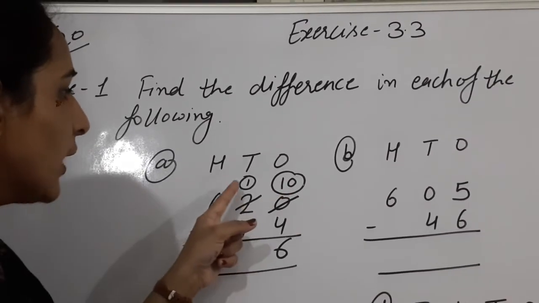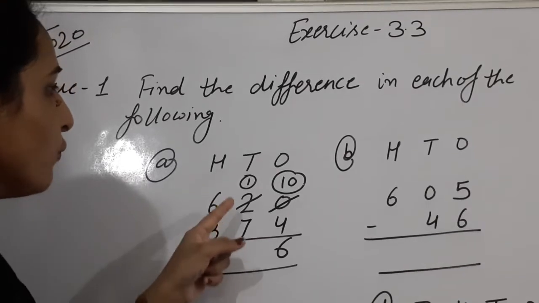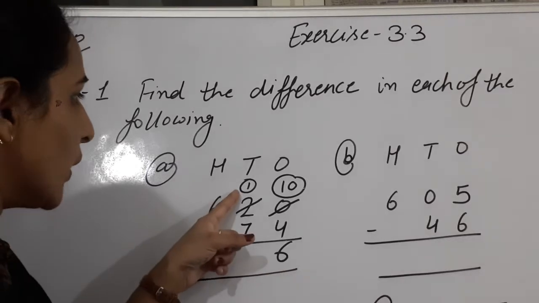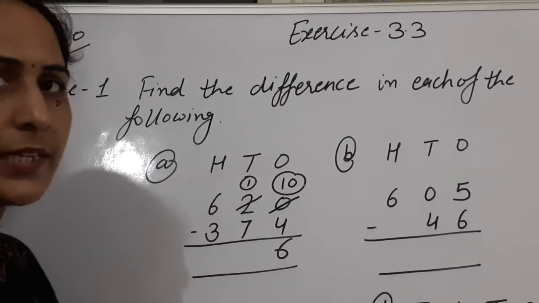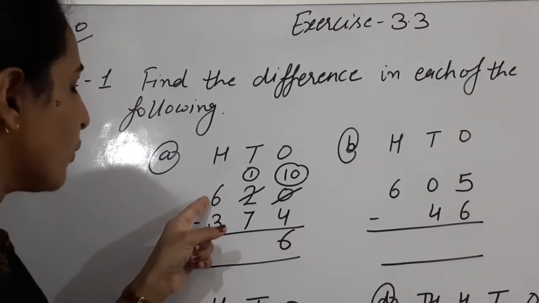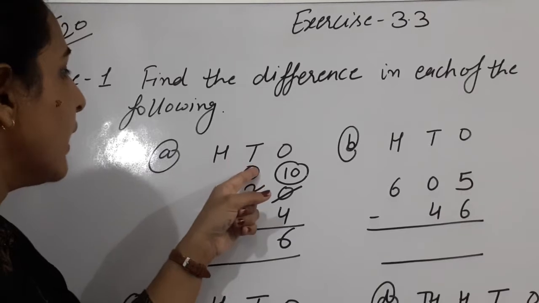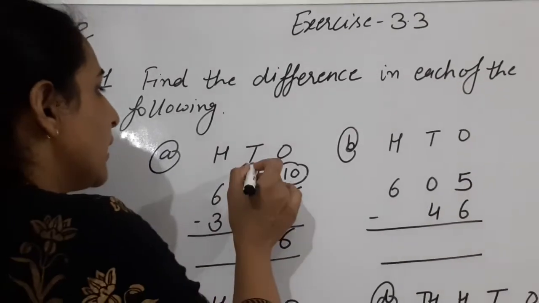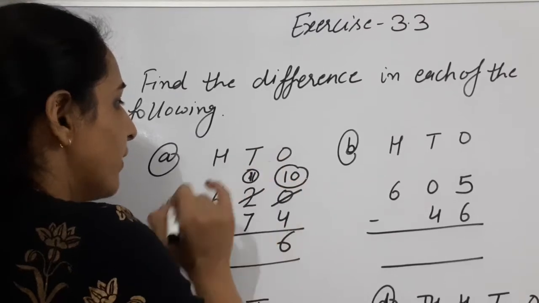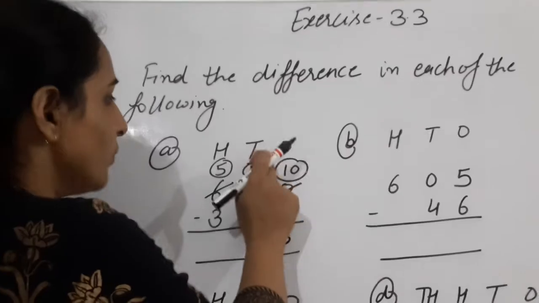Clear? Now we take the 1 tens already taken from there. So now there is 1 and there is 7. From 1 we cannot subtract 7. There is 1 tens and there is 7 tens. So we cannot subtract. So what do we do? We take from there. Here is 6. When we take the hundreds here, there is 1, then it is 11. And now there is 5. We take carry from there.